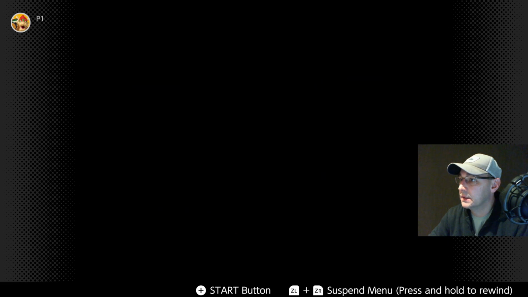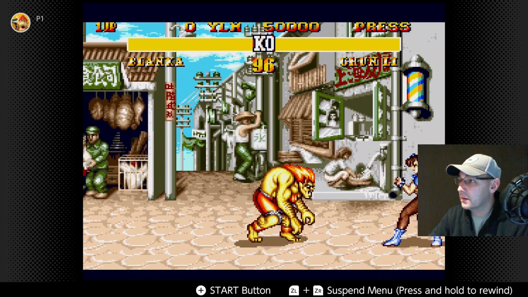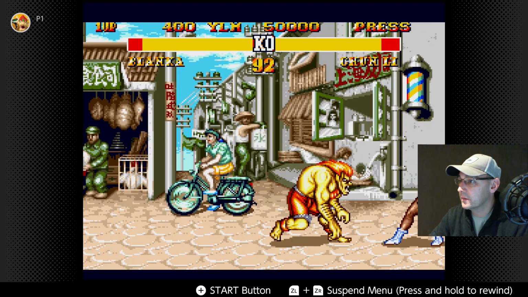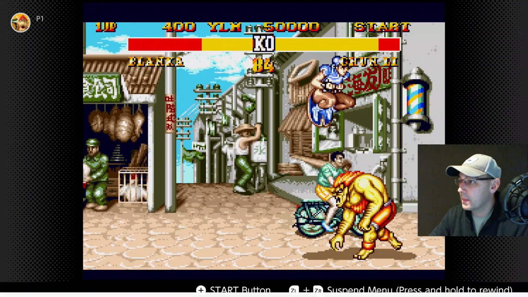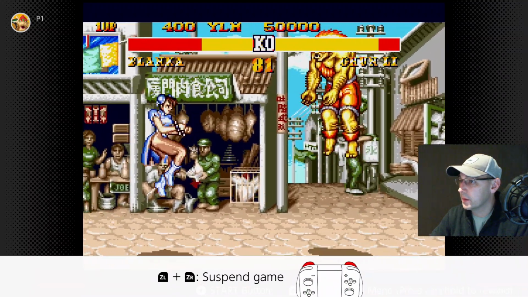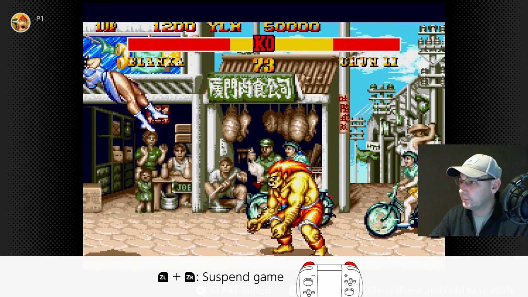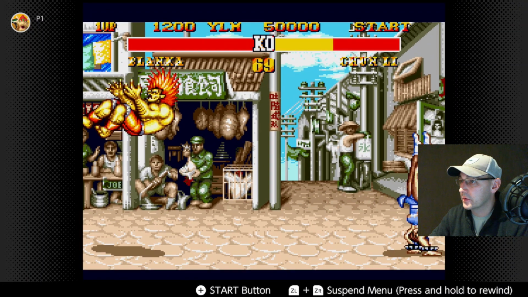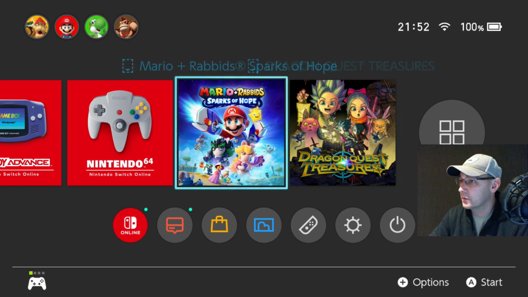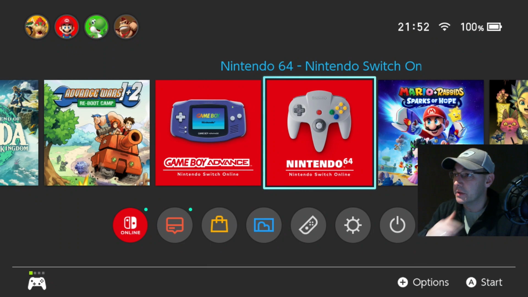Up against Chun-Li. So graphics wise, I don't think it's too much different. See how long it's been since I've played one of these. I've got no idea. This is just a button mashing exercise for me at this point. And KO'd straight out. So there we go. That's the new offerings for the Genesis or the Mega Drive, as I said, depending on what region you are from. We'll jump into the N64,